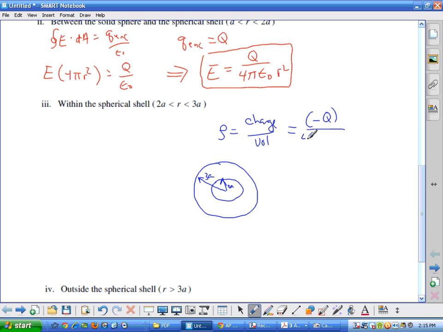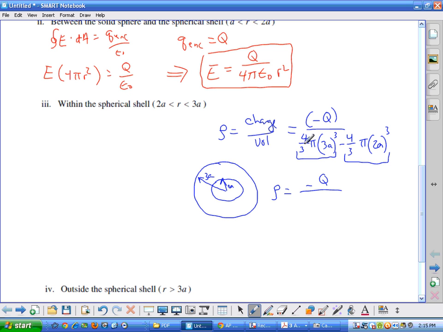So this volume is 4/3 pi, and what we need is the total volume of this bigger sphere minus the volume of this smaller sphere. So it's 4/3 pi times 3a cubed minus 4/3 pi times 2a cubed. Again, this is just the volume of the outside sphere. This is the volume of the inside sphere. So this gives us a charge density of negative Q